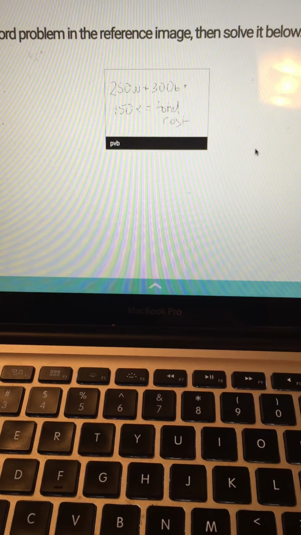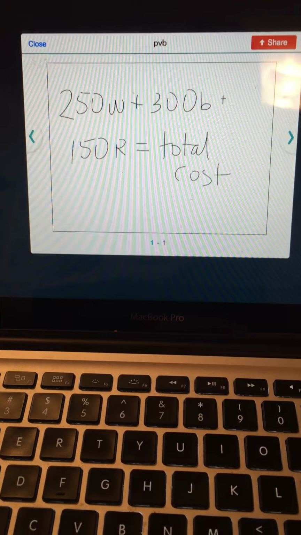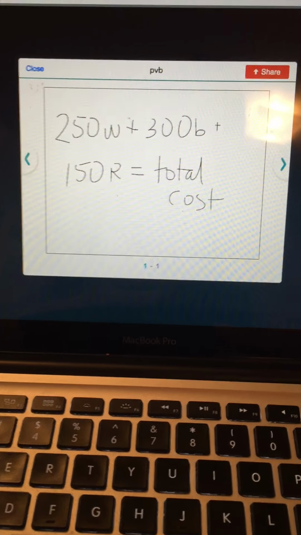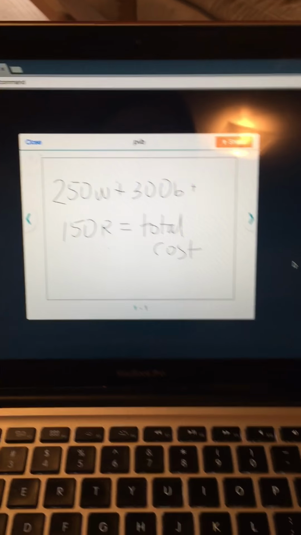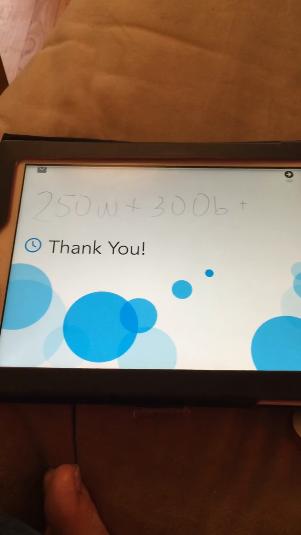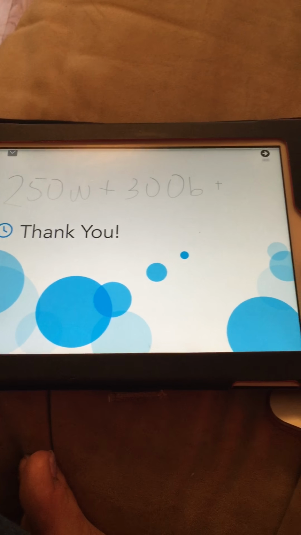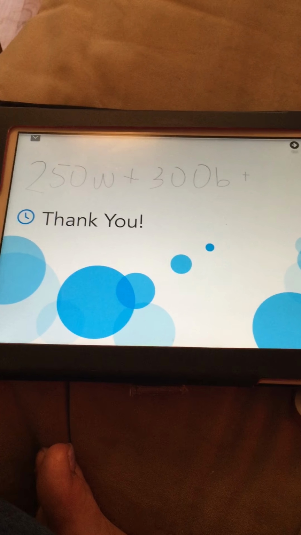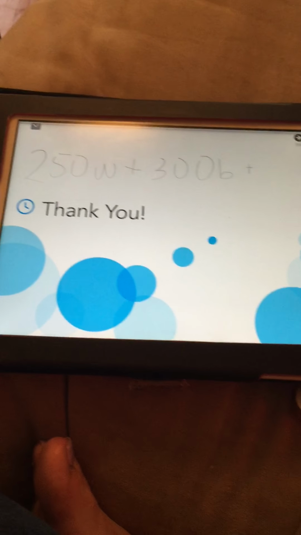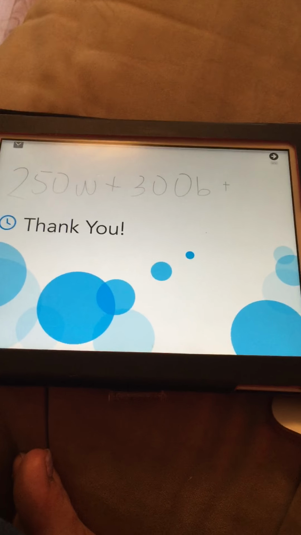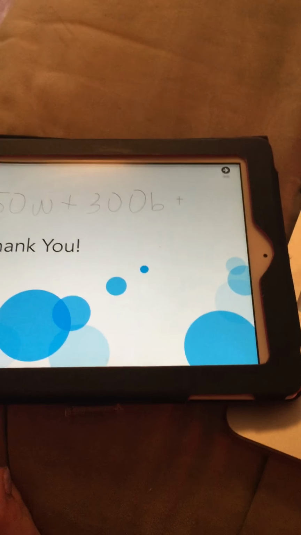Sometimes if the student writes a little smaller, you can click on it to see it in a bigger screen. And after I've submitted my drawing as a student, I get a thank you. If this is a live session where the teacher is in control of the pace, they would have to wait. So after a while, I learned to have other things on the board for the students to do, or just things in my classroom that they could do to wait for the rest of the students,